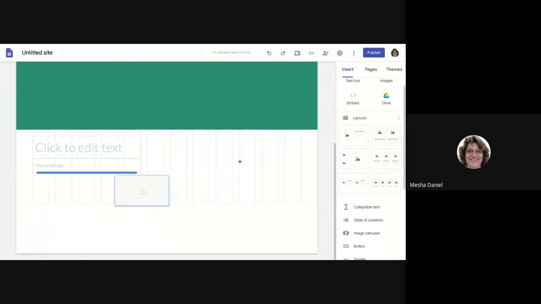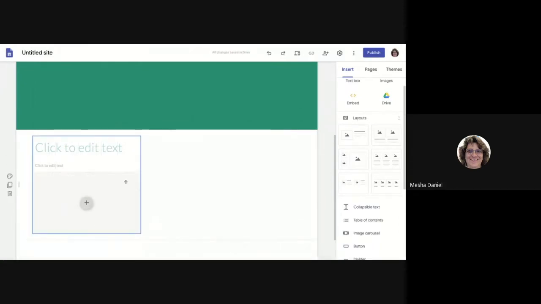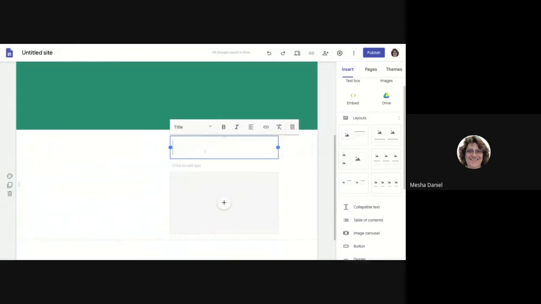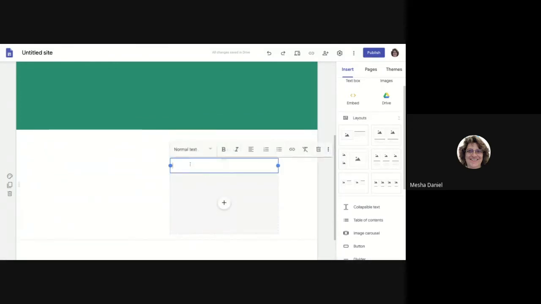Now you notice that both of these were together, and you see how the box goes around the whole thing. So if I move it, it's moving both pieces together. But if I do another click, the box is no longer on the top, it's only on the bottom. Or if I click on the top, then it's only on the top. So once again, you have to look at your handles. You have to look at your boxes in order to decide what you're moving, if you want to move it, or if